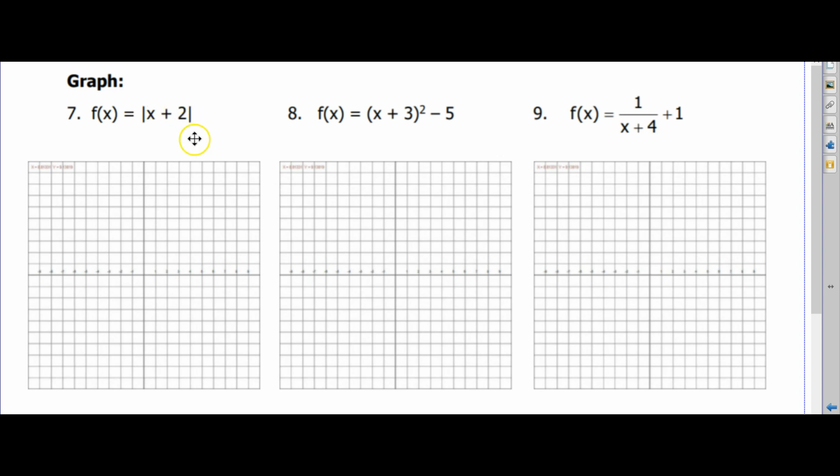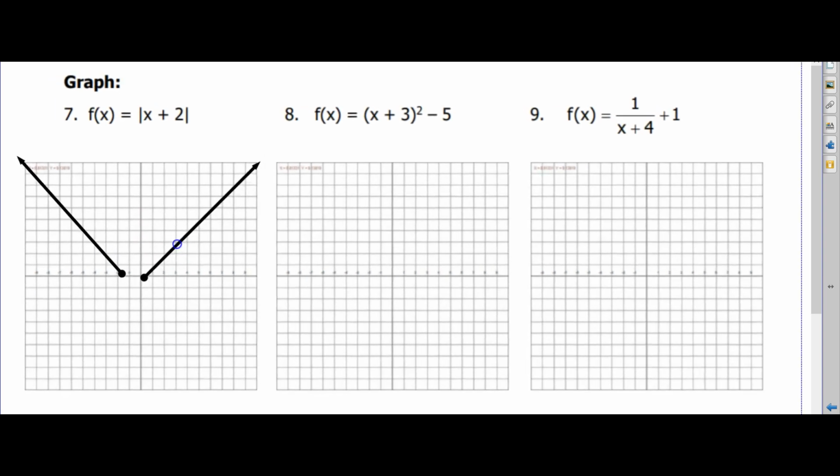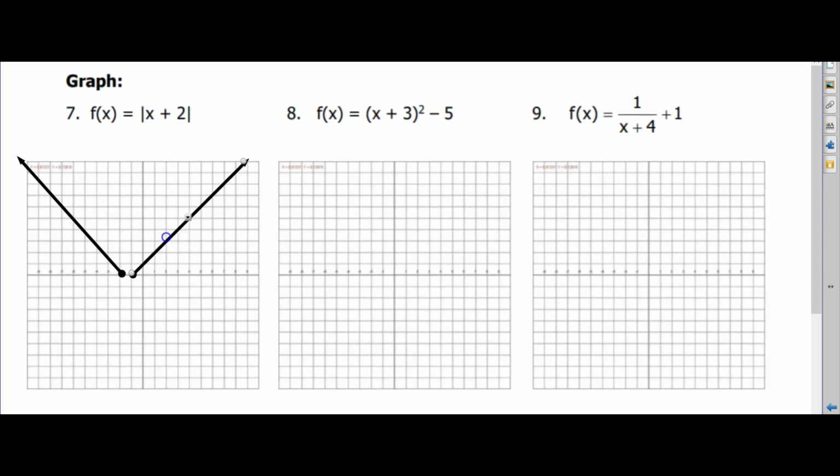Over here we're going to graph these parent functions and then we're going to translate them. So the graph of absolute value of x looks something like this. But this is saying shift it to the left 2. So we're going to take that vertex and shift everything over 1, 2. Like that. And so there it is, shift it to the left 2. That plus 2 means send it kind of the opposite direction that we're thinking, to the left, when it's grouped